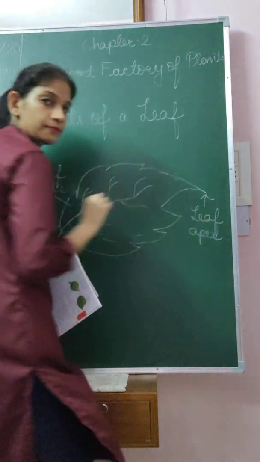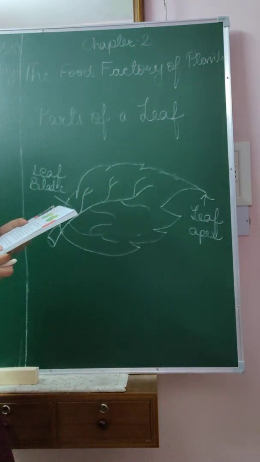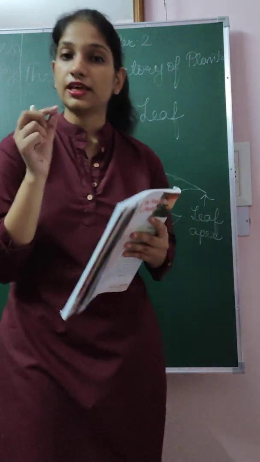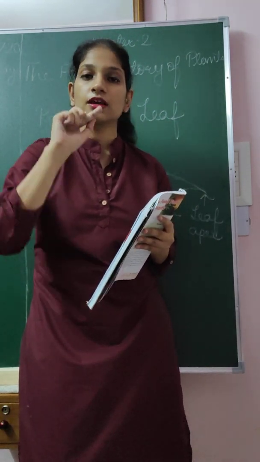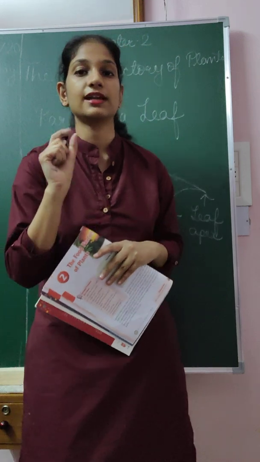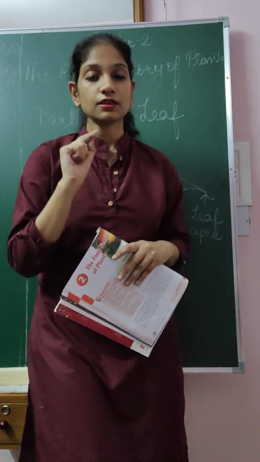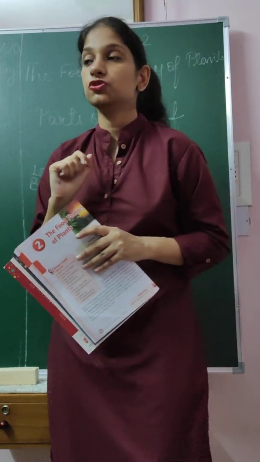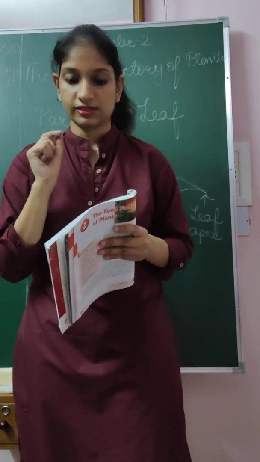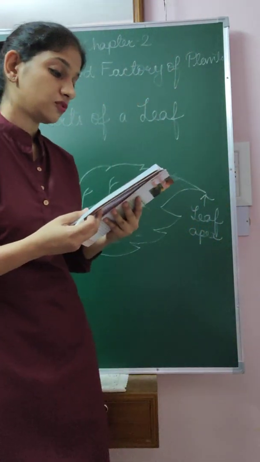You understand this? Then next, the upper and lower sides of a leaf blade are slightly different in color. If you take any leaf, you must be having a tulsi leaf or neem leaf or any leaf in your house. If you see the upper part and the lower part of the leaf, वो slightly different in color होते हैं, right? The upper part is usually a little darker. जो upper part होता है वो थोड़ा सा dark होता है और the lower part is usually a little lighter. You can just pluck a leaf and see the upper side and lower side.